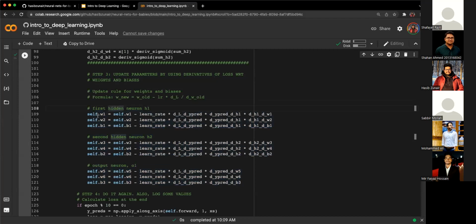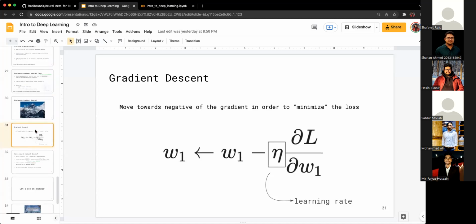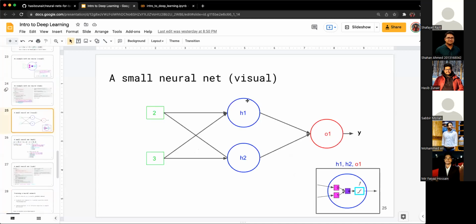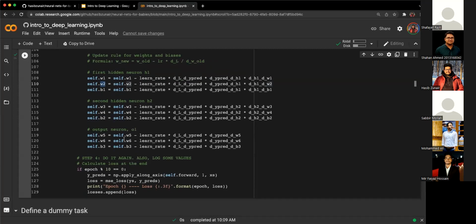For the first neuron, we have 2 weights. Let's look at the example again. For the first neuron, we have these 2 weights, and we want to change them. For the second neuron, we have these 2 weights, and for the last one, we have these 2. We want to change all of these weights and also the biases within them in order to make a better prediction the next time.